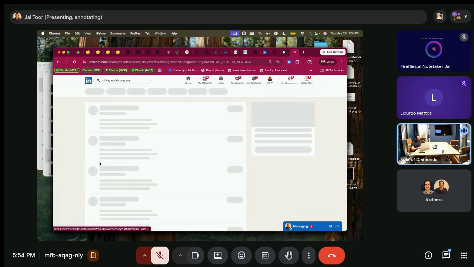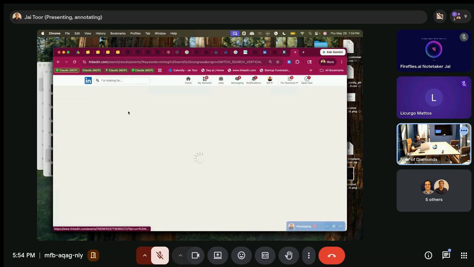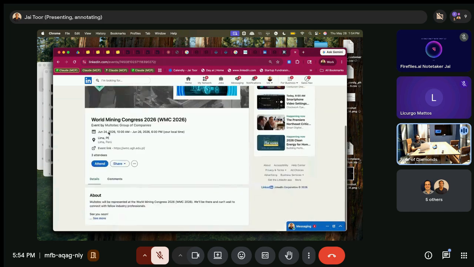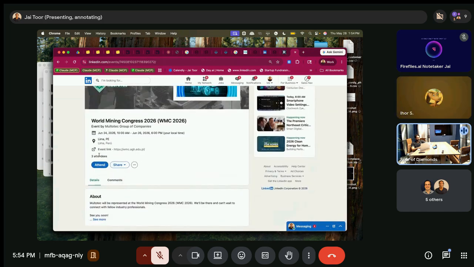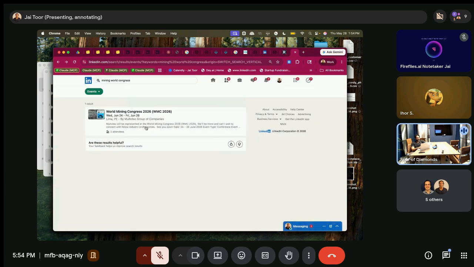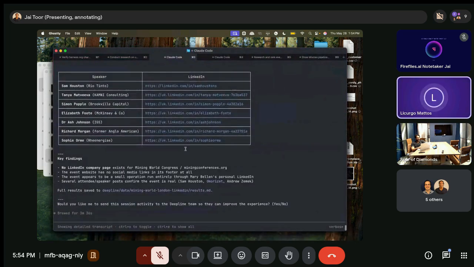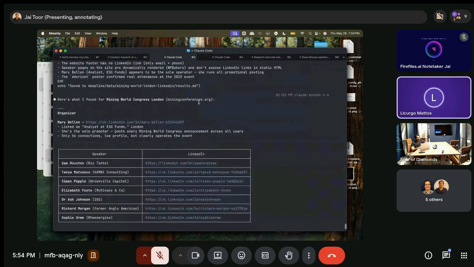Or events. Yeah, so this one. Nope, this is for Peru also. But if you are attending, you can see the other attendees usually. Yeah, they are hiding this event. I don't know what is happening right now with them.